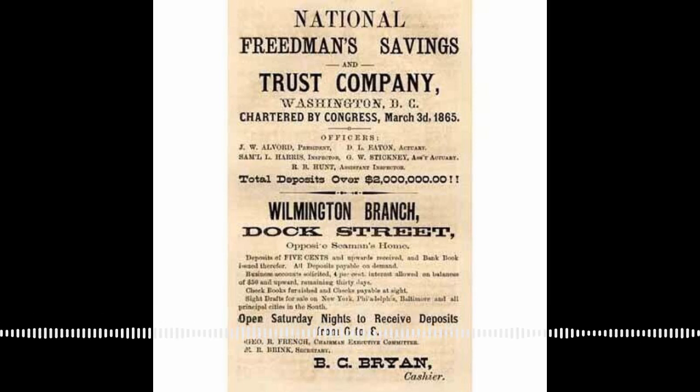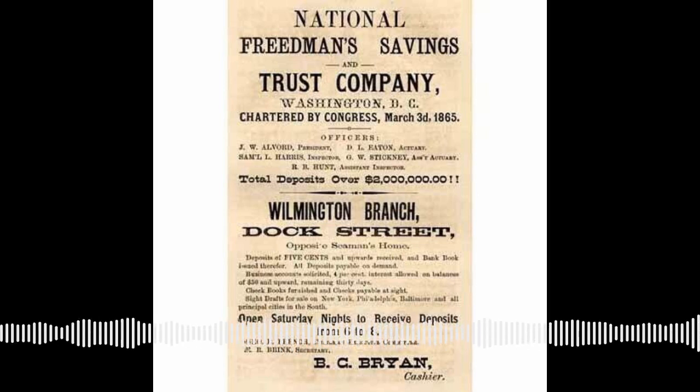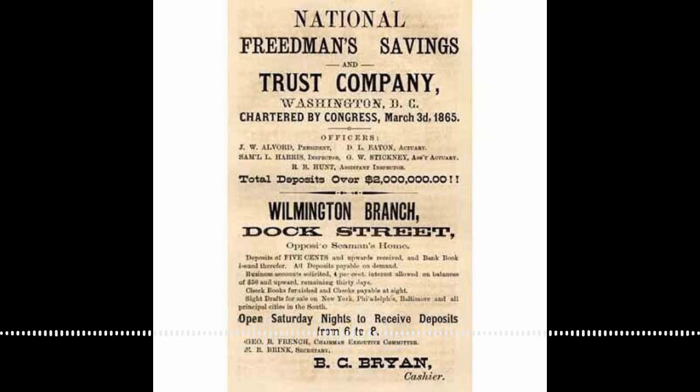Yeah. But they put rich white men at the top instead, and they used the bank as their own personal money laundering front. One positive thing that did come out of the bank is that it created a wealth of records that future generations have been able to look back to for information about their ancestors and their lineage, their heritage. The data collected by the bank, in many cases,